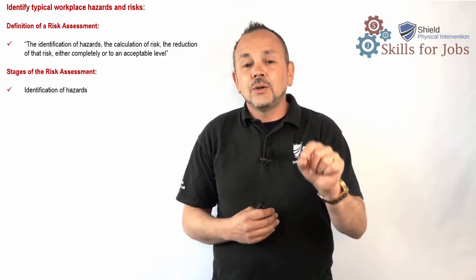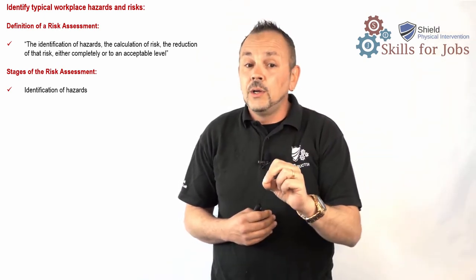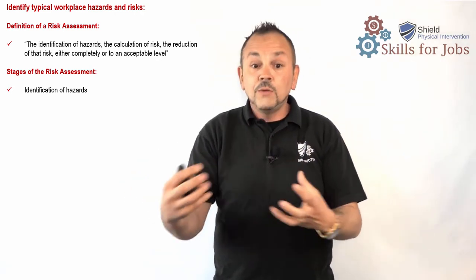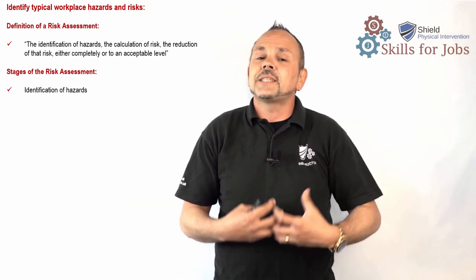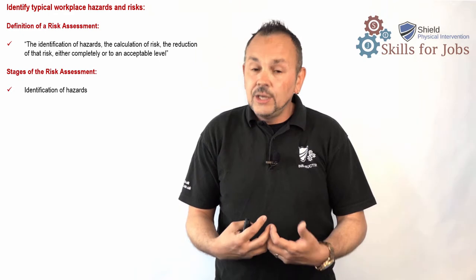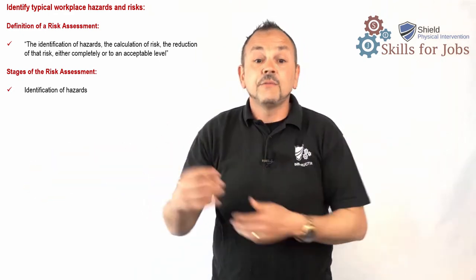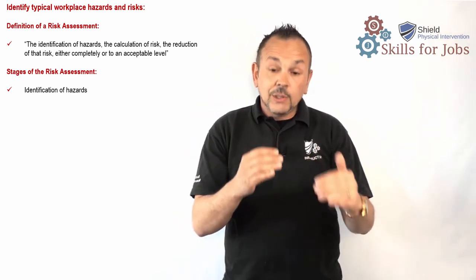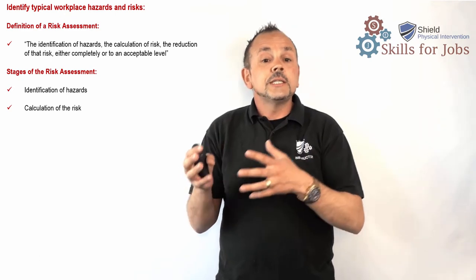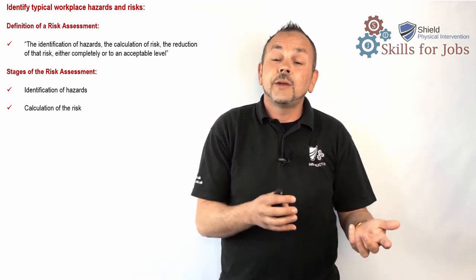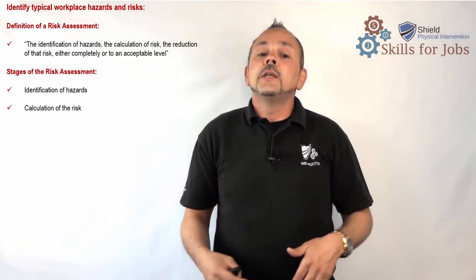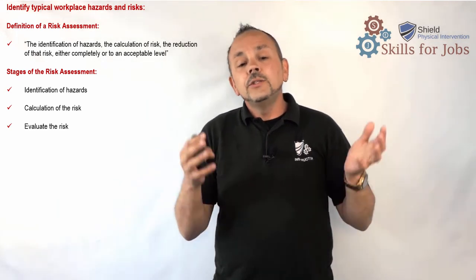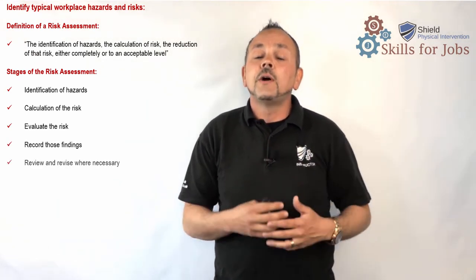You see, a hazard is something that's got the potential to cause harm, not the actual harm happening. So a potential hazard which could result in slips, trips and falls could be a wet floor or slippery surface. That's a hazard. The result or the risk would then be slips, trips and falls. Okay, so a hazard, anything that has the potential to cause harm. The next stage is calculating the risk. What is a risk? Well, the risk is the likelihood of that harm occurring in certain circumstances and to whom. The next stage is to evaluate the risk by considering existing precautions that are in place already, and then to record those findings and then to finally review and revise where necessary.